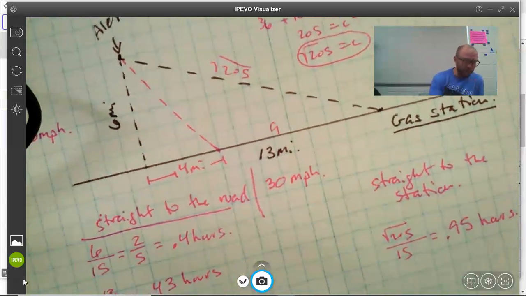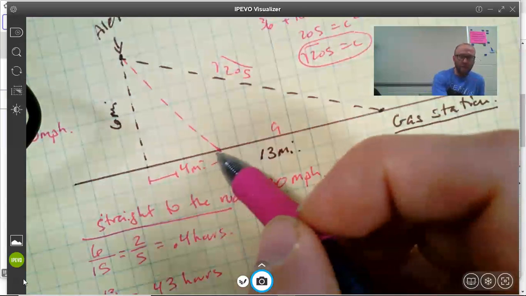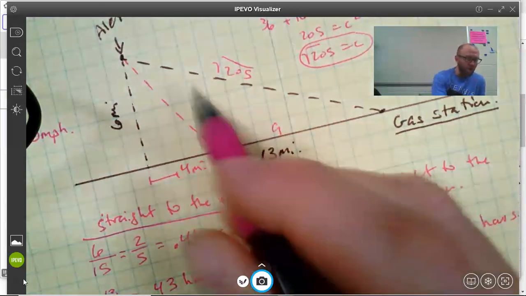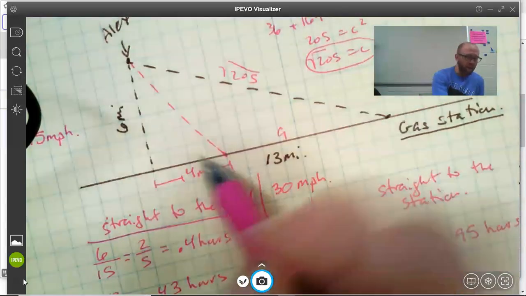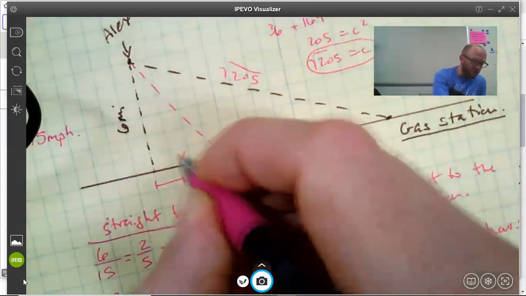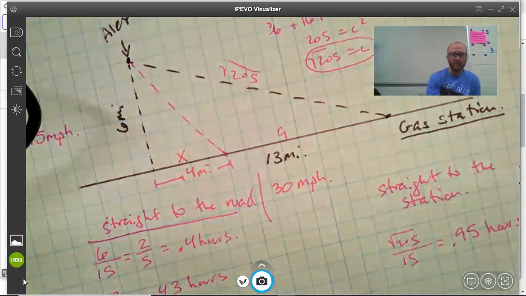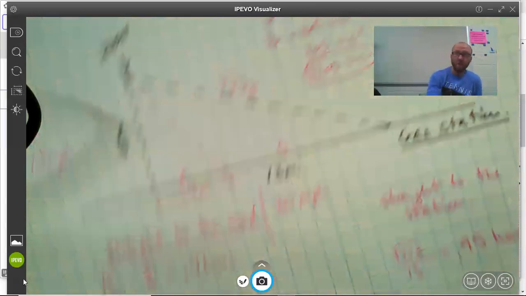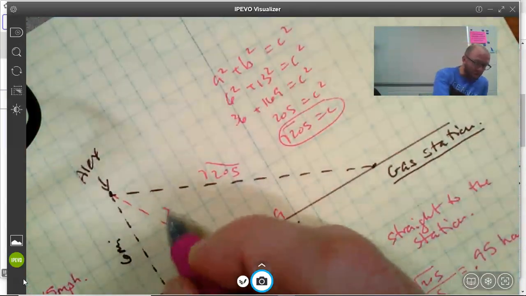So I would say that he's got to travel this part right here. No matter where this is, it's always going to be this hypotenuse with 6 on one side, and we're just going to call the other side x. So we've got this distance being